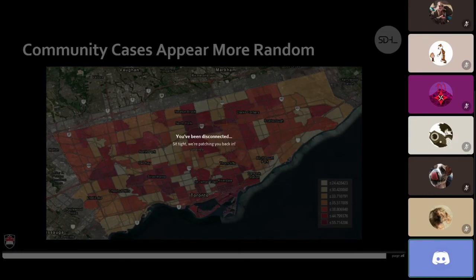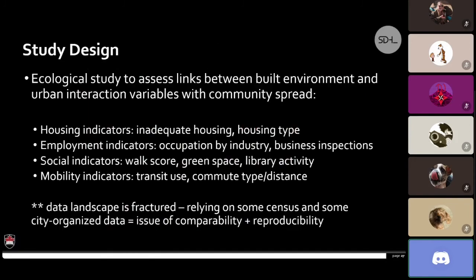the occupations for residents in each individual neighborhood. That is provided by the 2016 census as well, but also looking at more city organized data. So things such as business inspections for